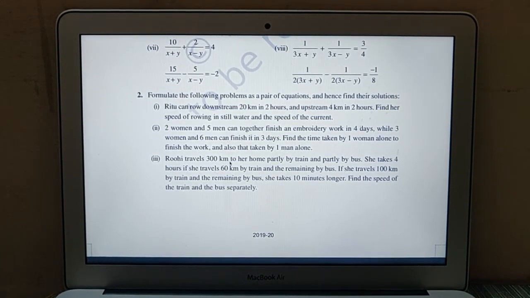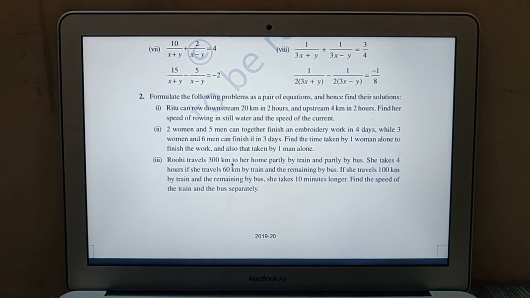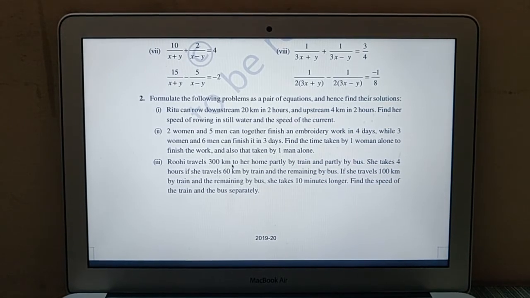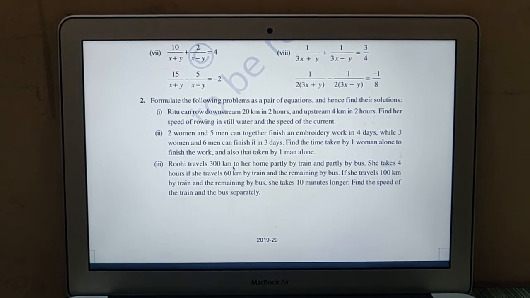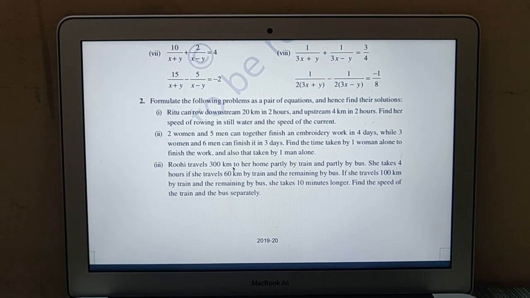Okay. So we have done not this exact question but a question of the same language type. First of all you will write: let the time taken by 1 woman be x and 1 man be y respectively. Correct? But you don't have to make an equation like this: 2x plus 5y is equal to 4 and 3x plus 6y is equal to 3. Do remember this thing.